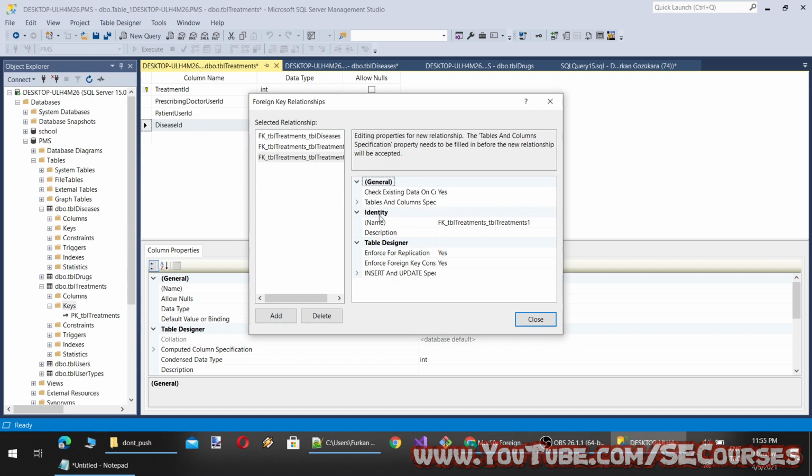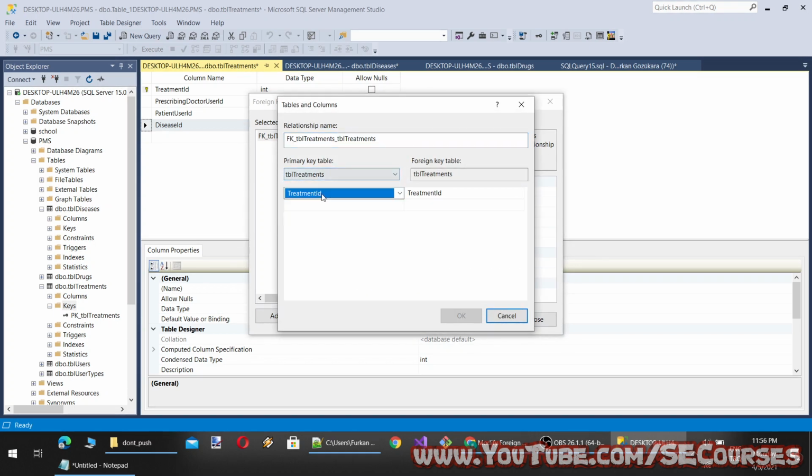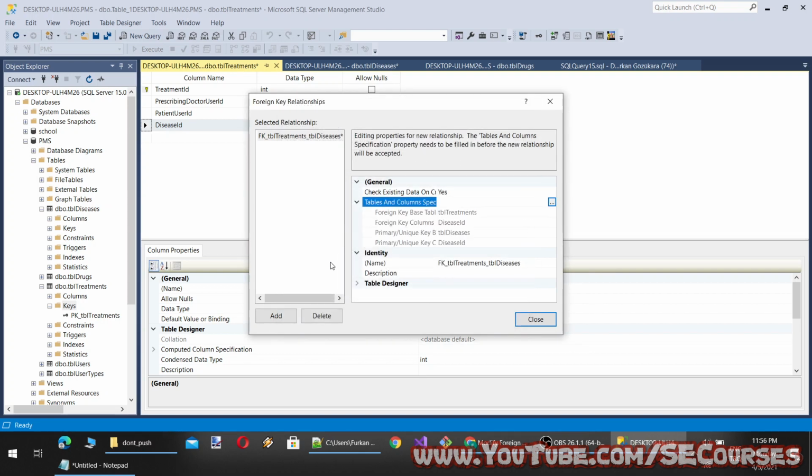So let's continue our other foreign keys. I will delete this, and okay, delete this as well. So let's restart. Okay, here foreign key table will be disease ID and diseases, disease ID done.